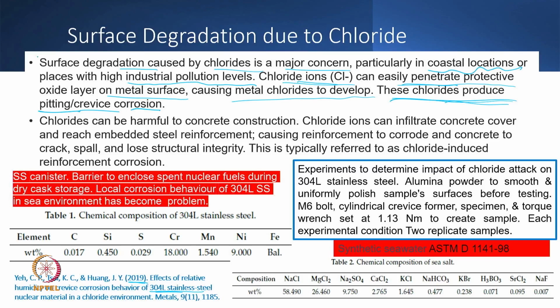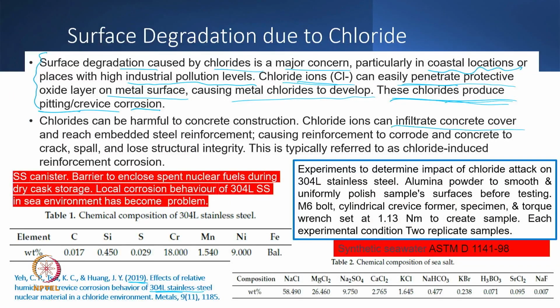Now, it is not only the metal. Literature says that even concrete, where there is a steel bar or steel reinforcement, and on top of it a concrete layer, or maybe a cement layer, or maybe a cement sand layer, is affected. Chloride ion has such a high infiltration rate that it will infiltrate the concrete cover also and directly reach the embedded steel reinforcement,